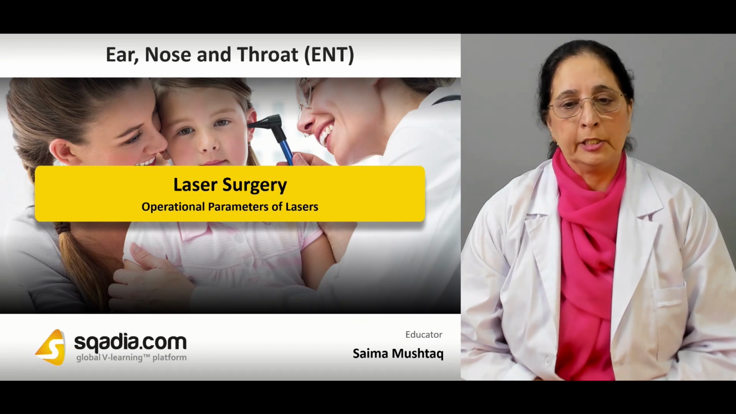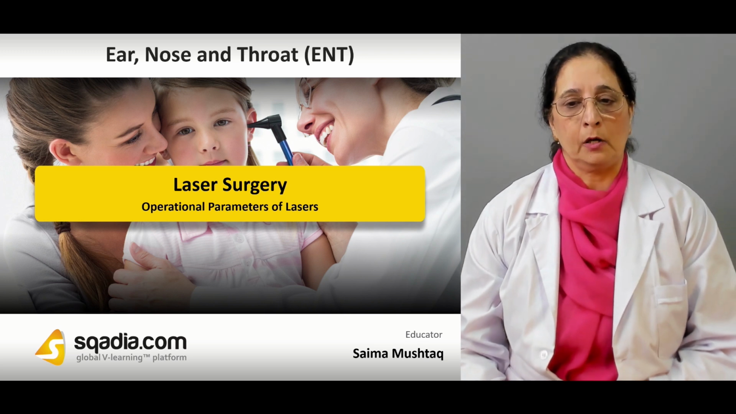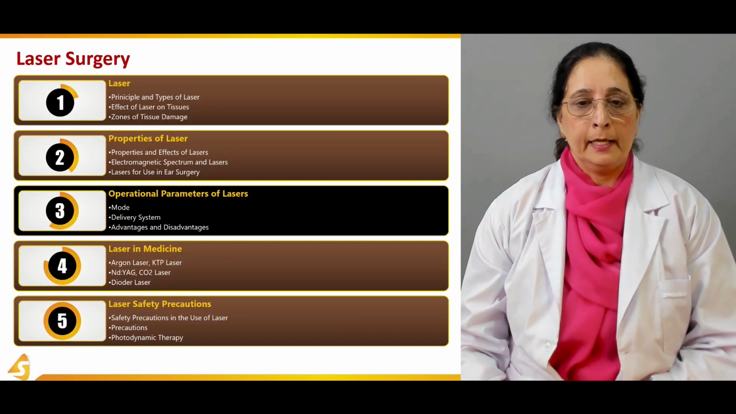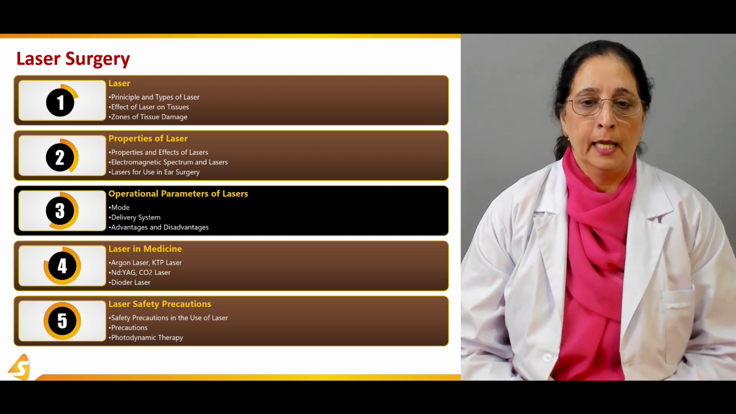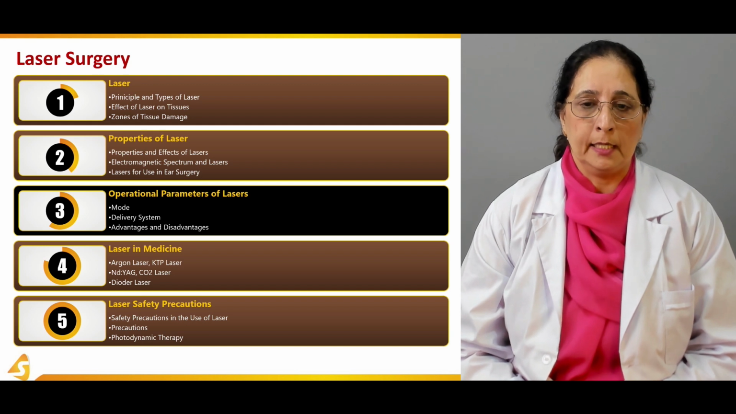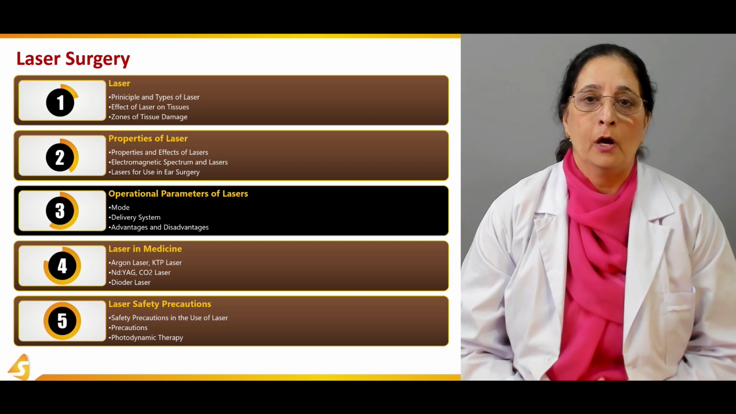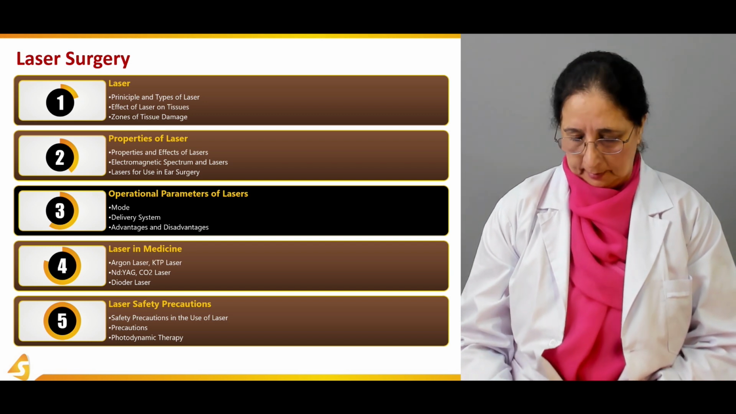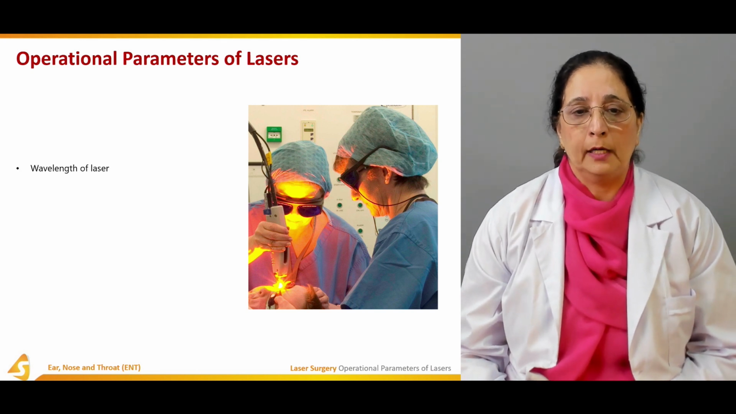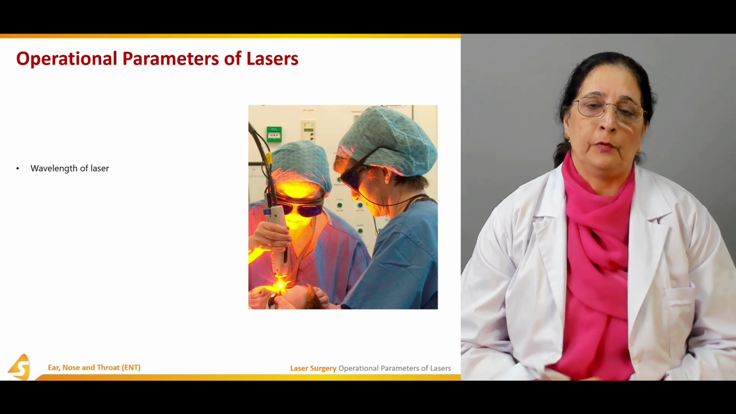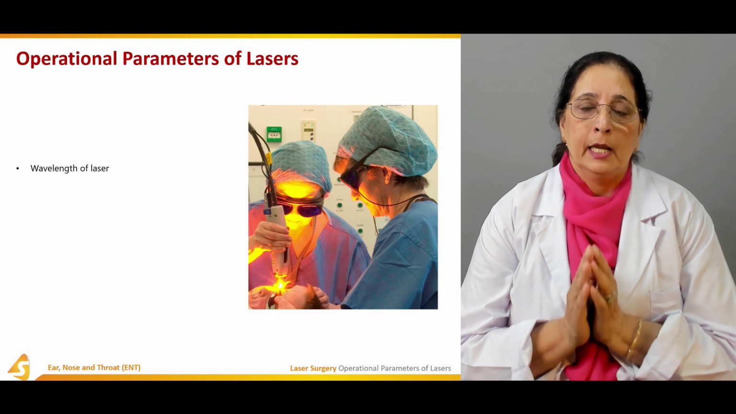Now, in the third section, we will talk about some operational parameters of the lasers. In this, we will talk about the mode of the lasers, delivery system of the lasers, and some advantages and disadvantages of the use of the laser. So the operational parameters of lasers, we have wavelength of laser, as we already mentioned in the previous section, that